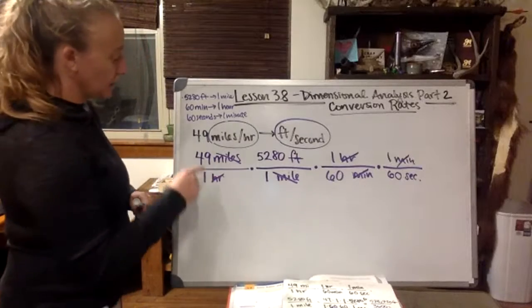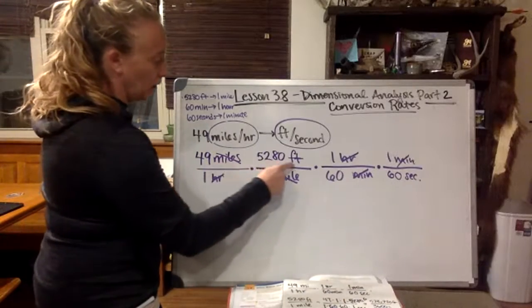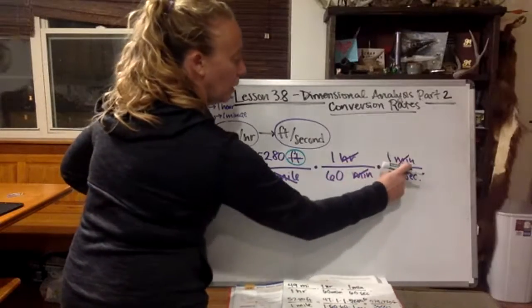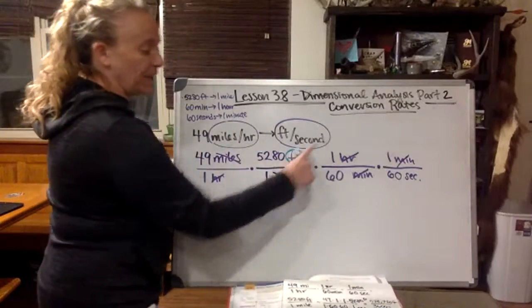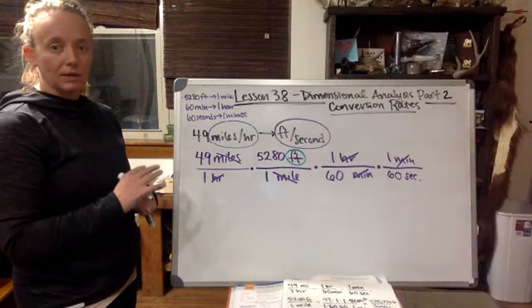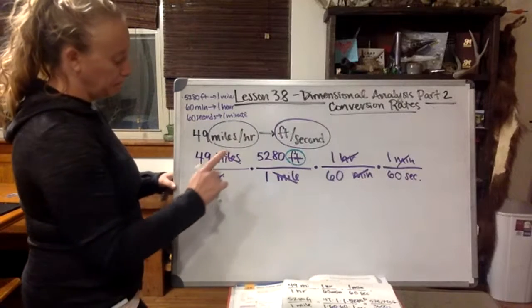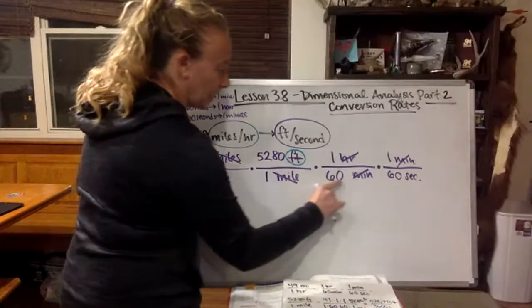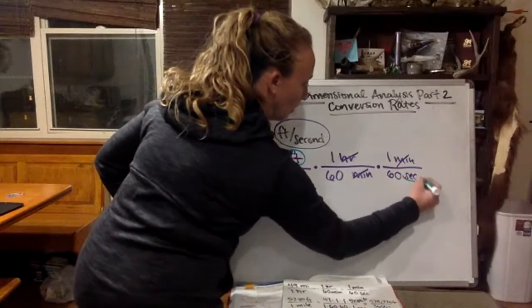So let's look at this. There's no dimensions here. I get feet here. Hopefully that's the only one. Hours are gone, minutes are gone. Good. I have feet as my only dimension that hasn't been crossed out by something else on the bottom. Over here on the bottom, hours have been crossed out, miles have been crossed out, minutes have been crossed out, seconds are the only thing